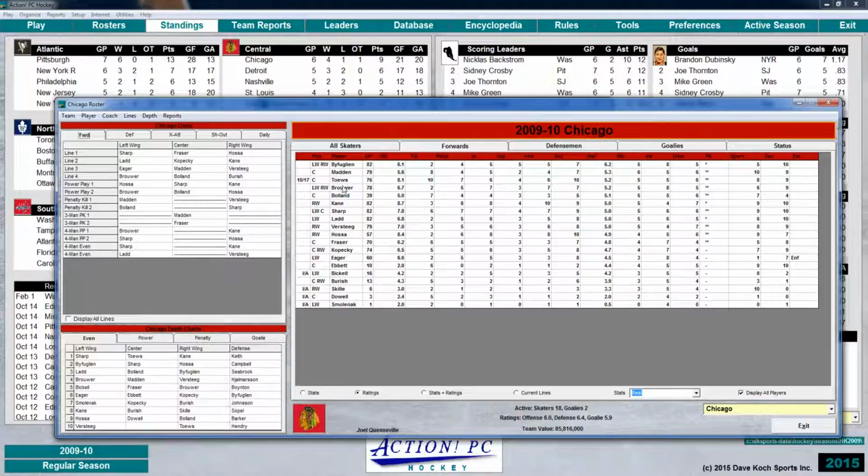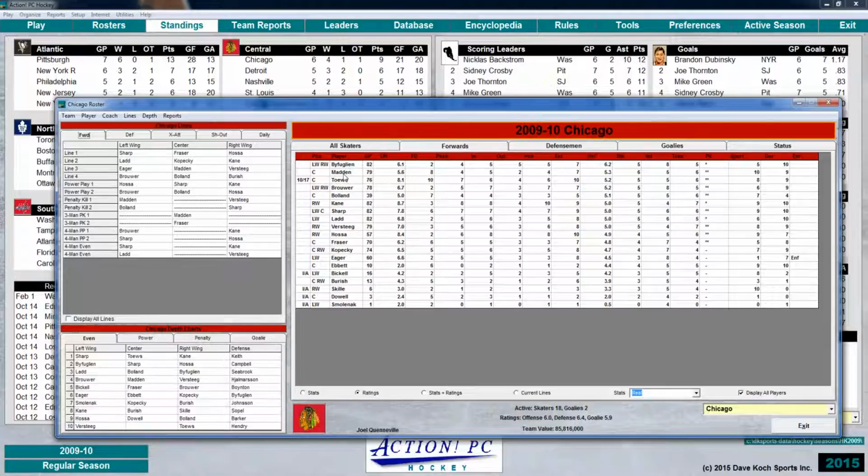So it gives us Madden, and so on. If we look at our number one defensive center, it's actually Madden. So Madden was our number one center because he's got some okay abilities offensively. He does have a nice faceoff rating, which is 8, which is obviously very important to get the puck. So what I've done is I've taken Madden out of line 1 and